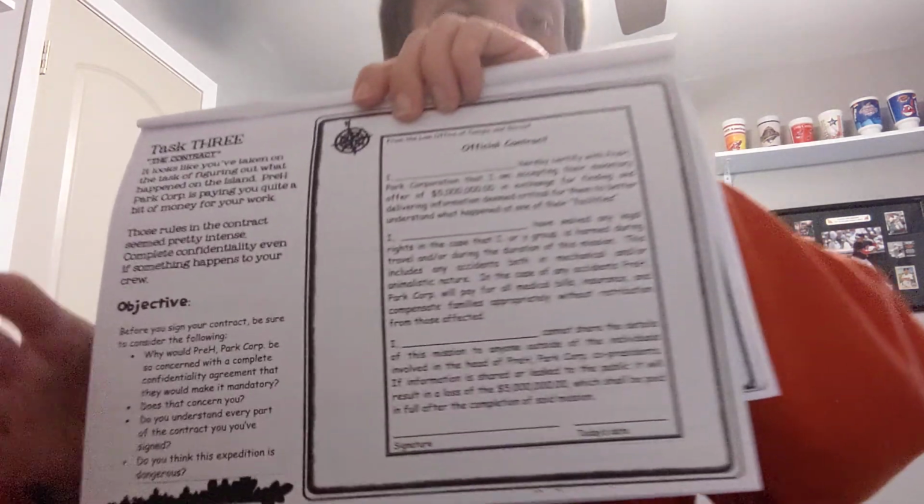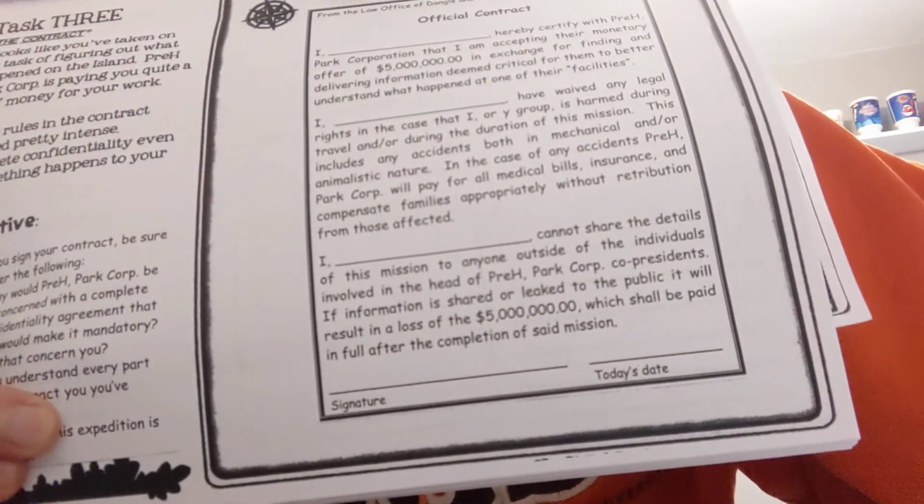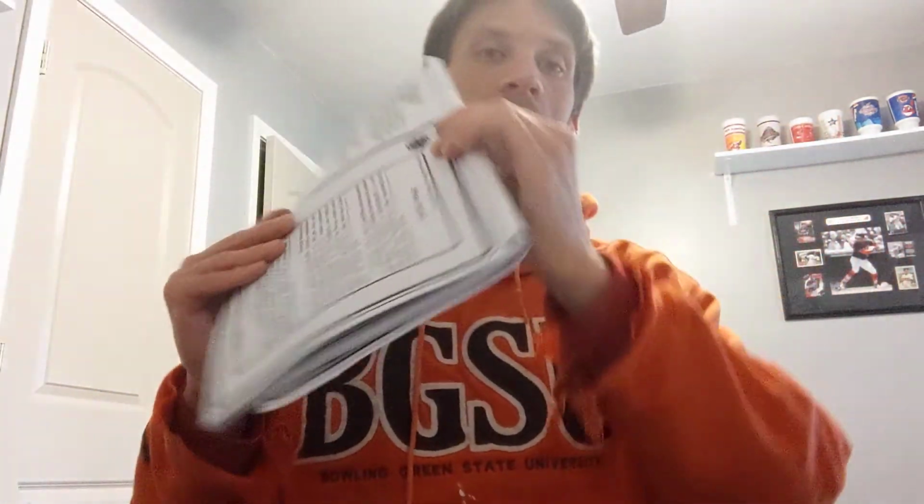Okay. So I'm going to go ahead and read this official contract here. And then by writing your names on these lines and then signing it at the bottom and dating it, you're saying that you agree to follow these expectations. Okay. The first one says, I, and then a blank for your name, hereby certify with Pre-H Park Corporation that I am accepting their monetary offer of